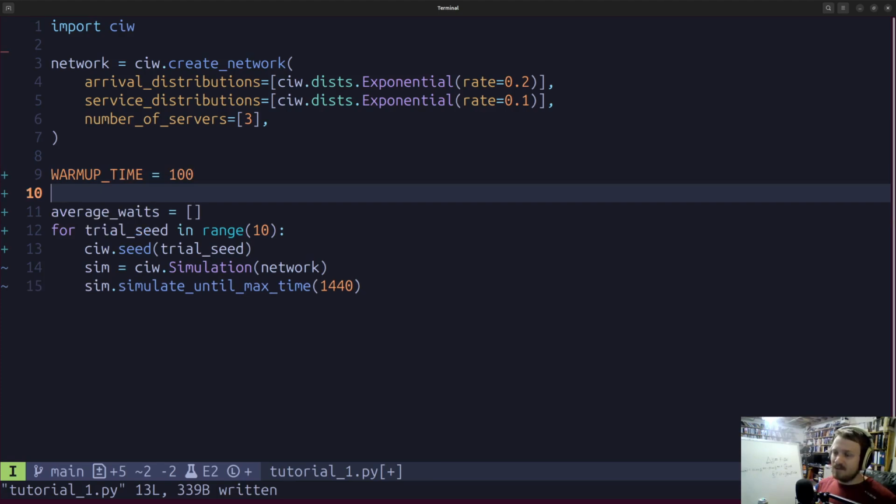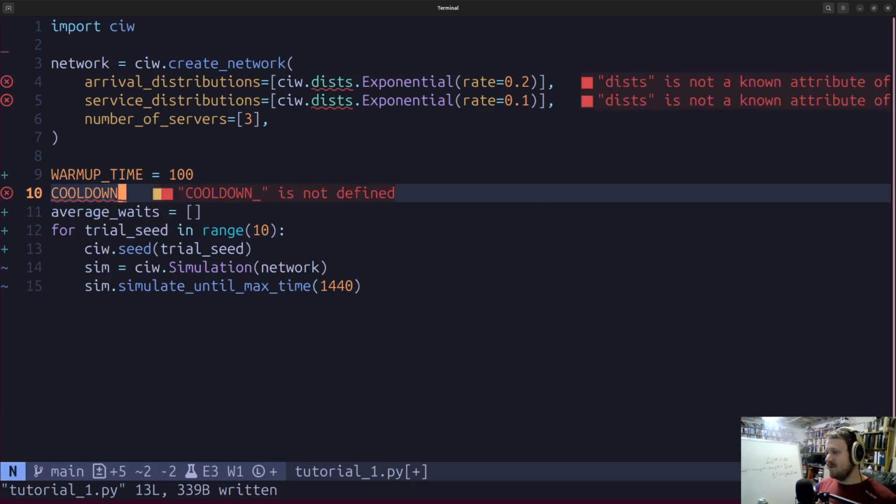And then maybe we'll say that we want, let's say, a cooldown. And why would we want a cooldown? So the reason for the warm-up is so that we get something hopefully that's kind of equilibrated a bit. And the cooldown actually has to do with a kind of statistical censoring, that depending on what question you're trying to ask, you can get in statistics this problem of